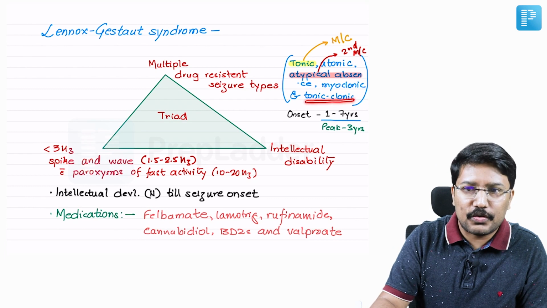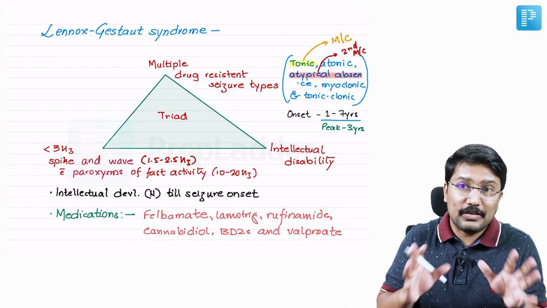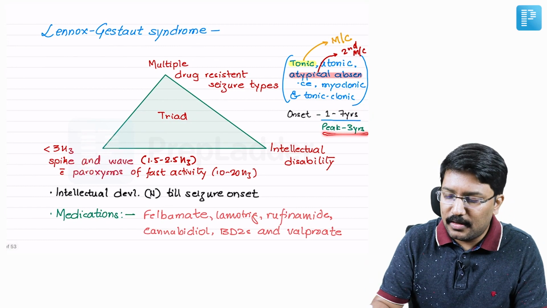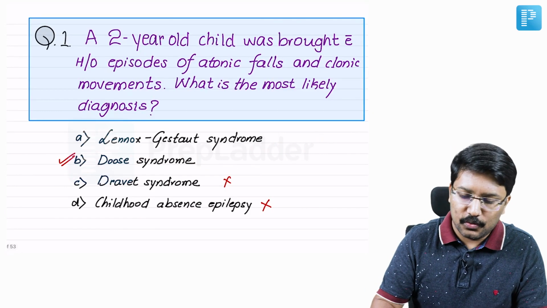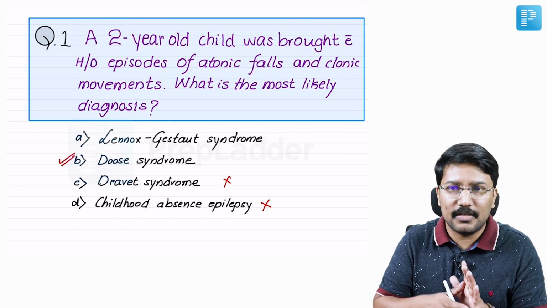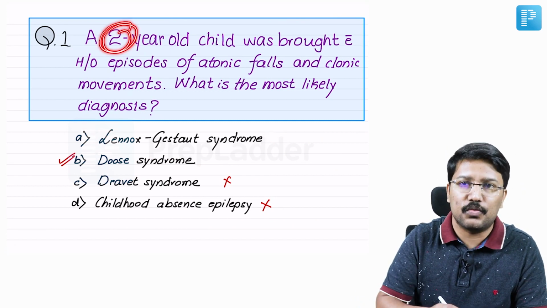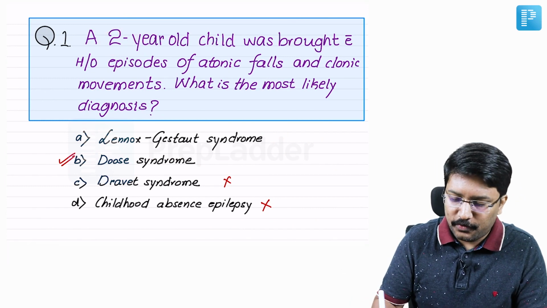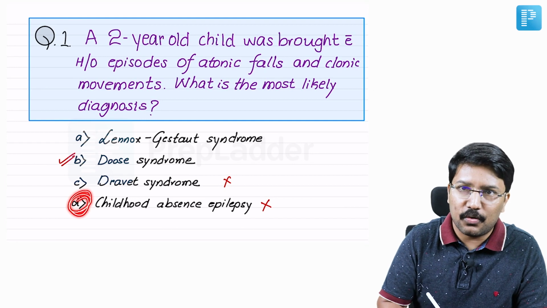Okay. Patients can also develop tonic-clonic. Now, the onset of the seizures is usually in 1 year to 7 year period, right? And the peak is usually reported at 3. So we are rightful in considering Lennox-Gastaut as one of the important differentials in this question, because the age of this patient was 2 years, right? So 1 to 7 years is the presentation window. So from the age point, only option D could be ruled out, right?